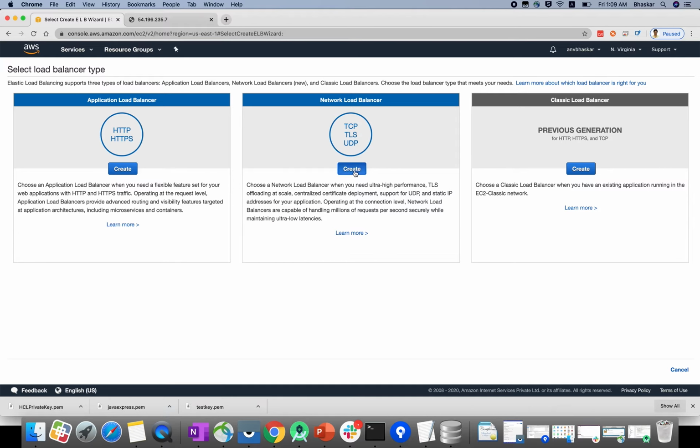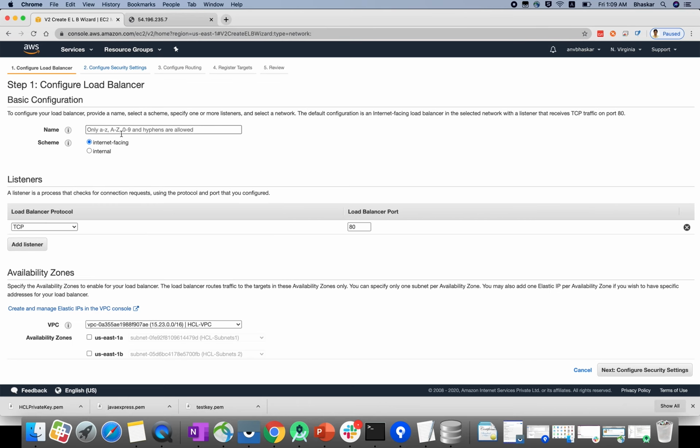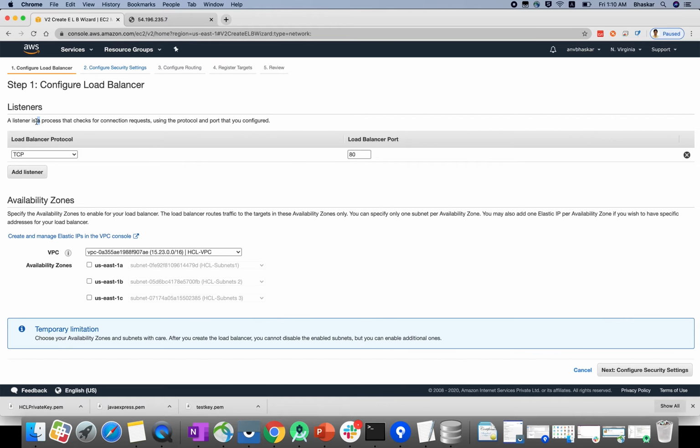Now we need to create the load balancer. Here you need to provide your load balancer name. I am giving Java Express load balancer as this particular name. You can create a load balancer as internal, or as internet-facing. As of now, we are assuming that this load balancer is like flipkart.com or amazon.com, where you are giving some message, right? So internet facing. In the internet, anyone can access it from anywhere, right? So that's why. Now this is the port number.